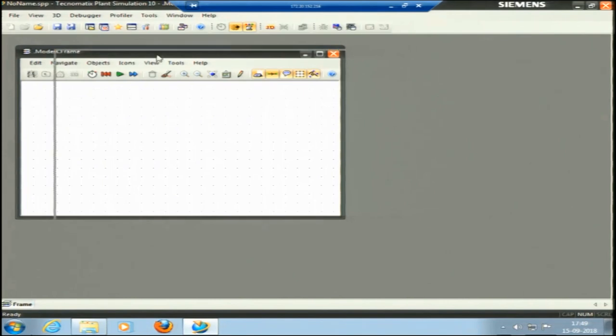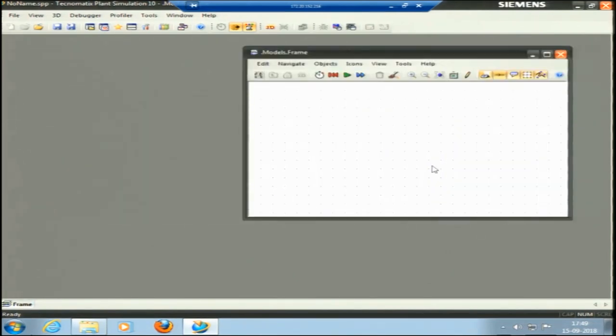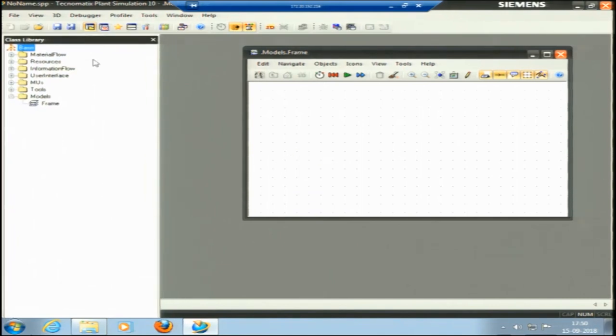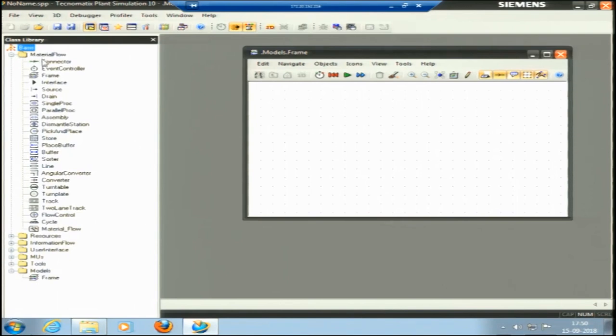This is the model frame. This is the workspace where I will work, and there is a grid. The distance between any two points here, horizontal or vertical, is 1 meter. I can switch the grid off and on from this button here. Okay. It hides or shows the grid. These variations I will show later. This is my class library. I am clicking it to bring my icons here. Okay. So, these are the components.